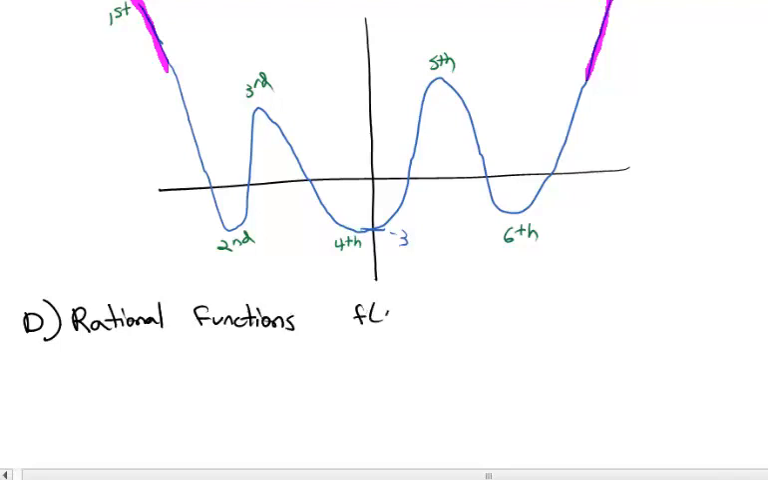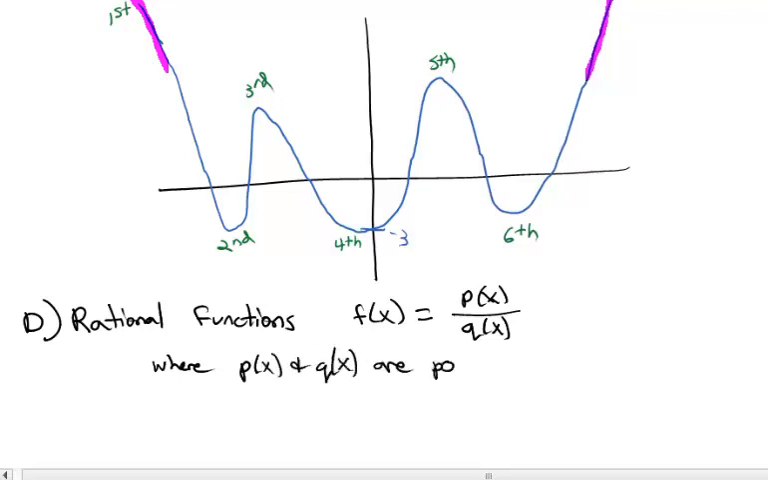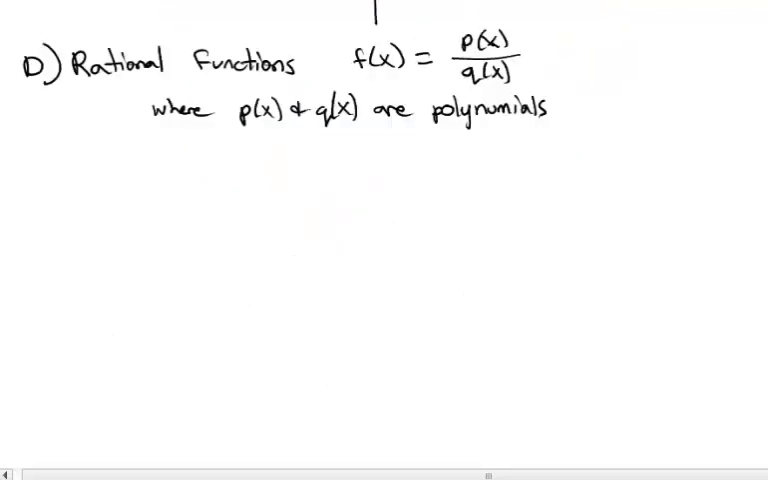Now, rational functions are functions where f of x equals what we'll call p of x divided by q of x, where p of x and q of x are polynomials. In other words, we've got a polynomial divided by a polynomial in a rational function. And to give you an idea of what one rational function might look like so that we can talk about it a bit,